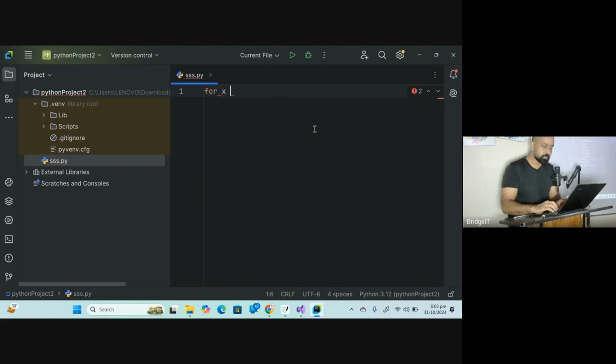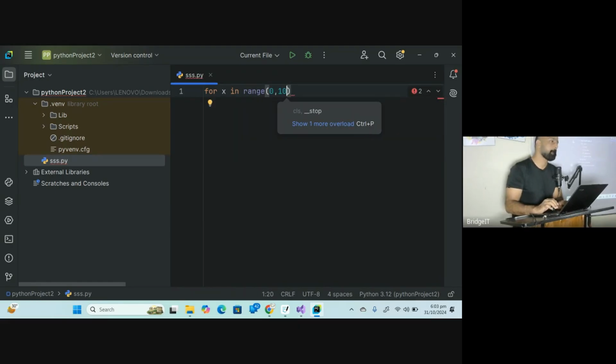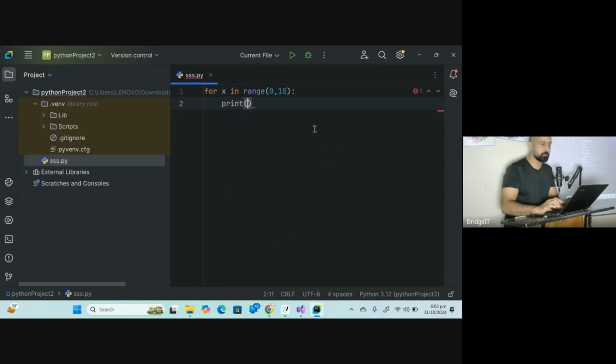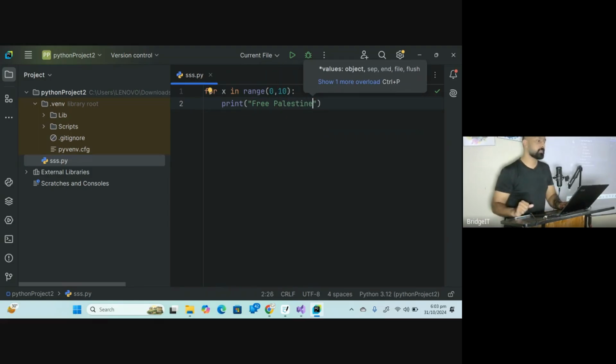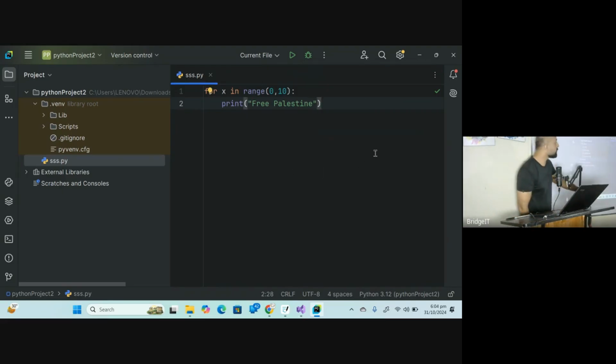For X. Now the syntax of Python is a little bit different. For X in range, bracket, start from 0 till 10, and then colon. Instead of Console.WriteLine, instead of output, we write print. The message will be the same. In Python you do not need to write Next. It will identify the loop body by the indentation.